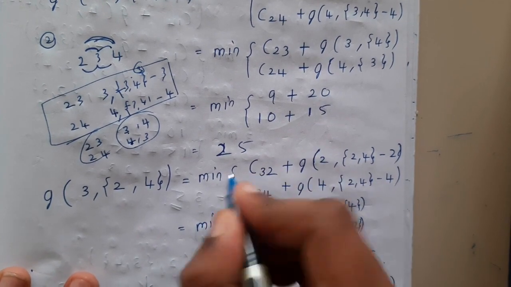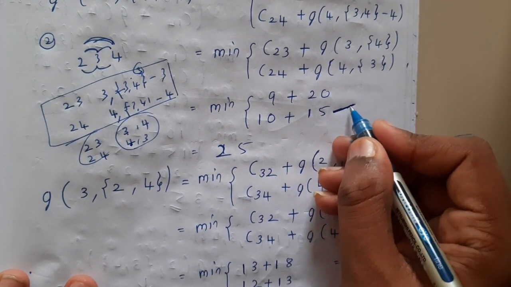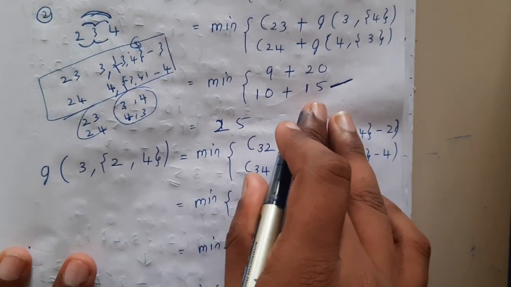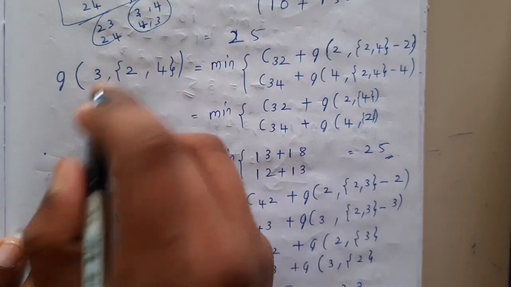Okay, so how you got 25, please make a mark, guys, because at the end you need to come back to these steps. So that's the reason why I'm asking you to make a mark. Okay, so similarly you will be doing for 3 to 4. I'll be doing this also.